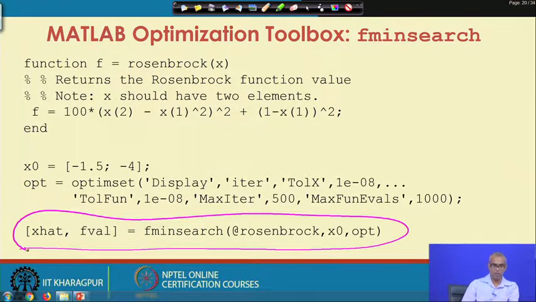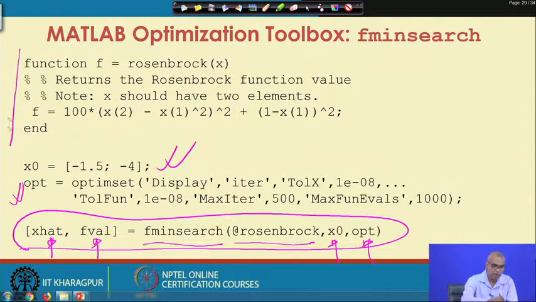Xsol, fval: xsol returns the optimal solution, fval is the function value at the optimal solution, fminsearch is the name of the solver, @Rosenbrock is the function file where you have coded the function, x0 is the initial starting point, the initial vector is a column vector, and opt is the options that we are specifying.